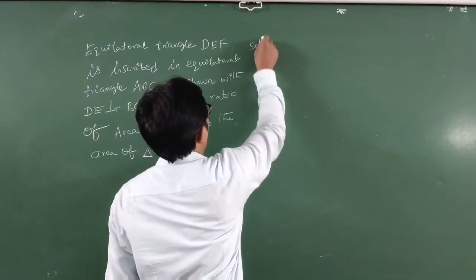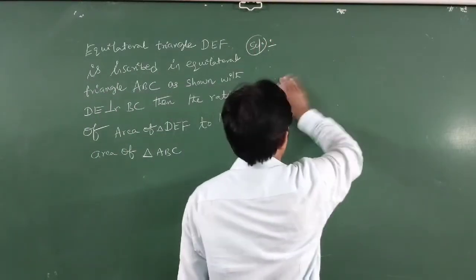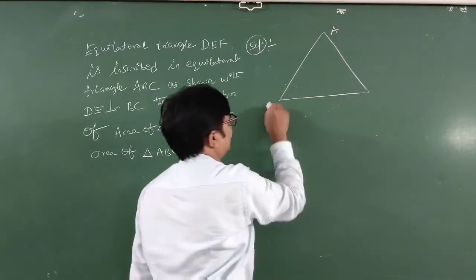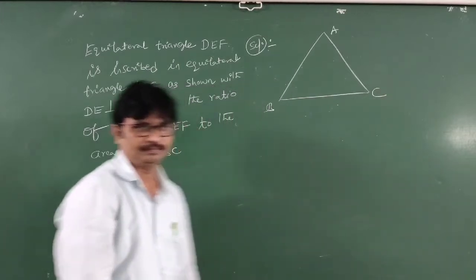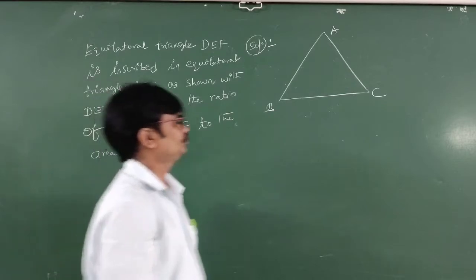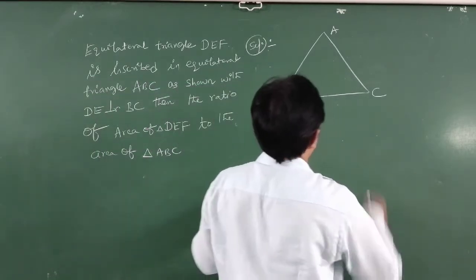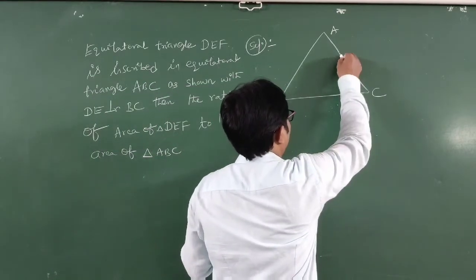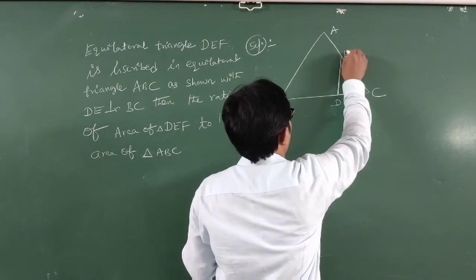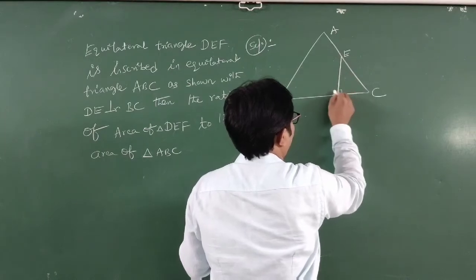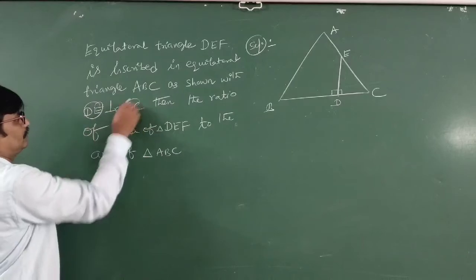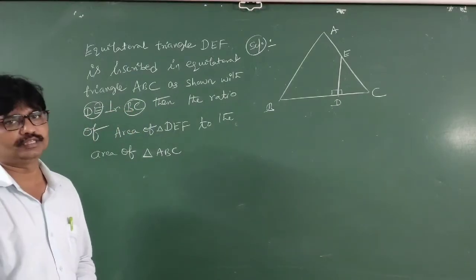Dear students, all of you observe here, this is the triangle ABC. ABC is an equilateral triangle. So here, undoubtedly, students, what is given? This is D, this is E. DE is perpendicular to the BC. Yes or no, students? What is the given condition? DE is perpendicular to the BC.